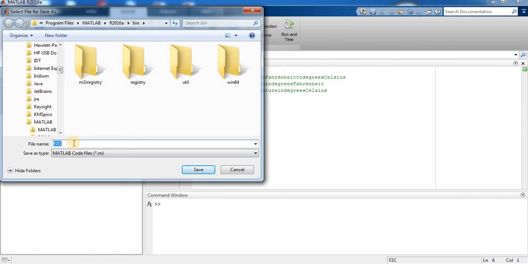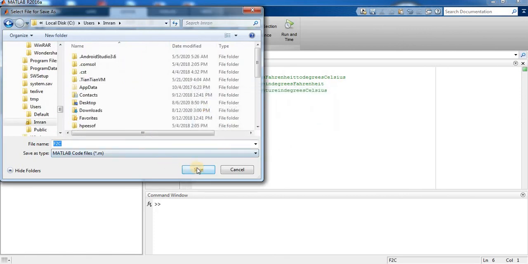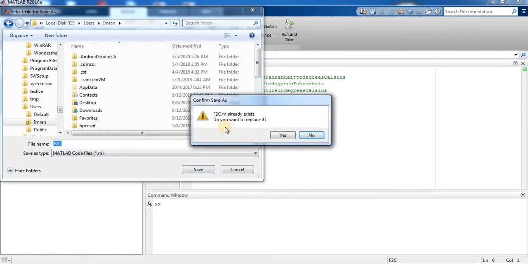So you can see our file name is F2C, the same as the function name, and we save as type .m. Press the save button. Would you like to save? Okay, yes, and then press the save button. It already exists, so replace it.